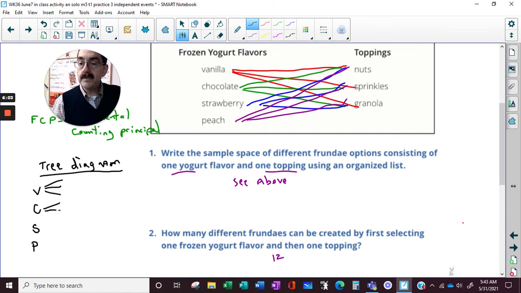Then N, S, G for each. It's called a tree diagram, and you multiply